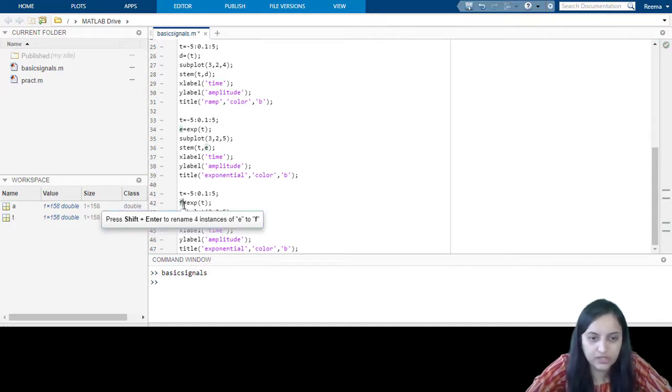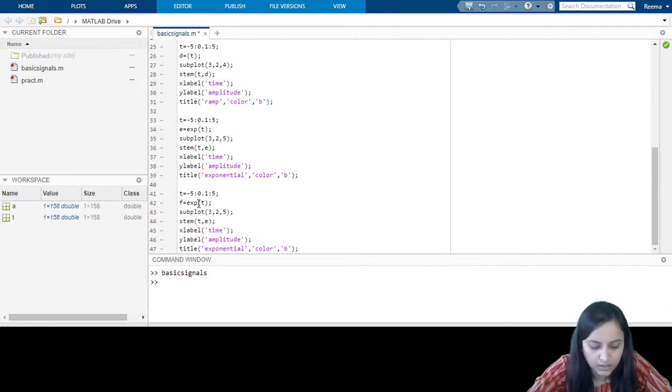To plot the exponential signal we used the e variable. Now we are using variable f for the impulse signal, and the condition for the impulse signal is that at t equals 0 it is 1. So for the MATLAB instruction we use double equals 0, which indicates that at the position t equals 0 the signal is to be plotted.